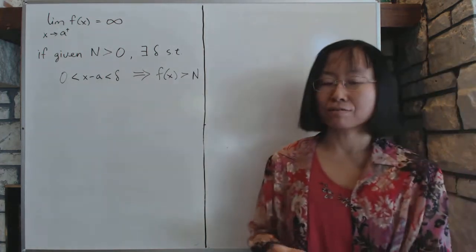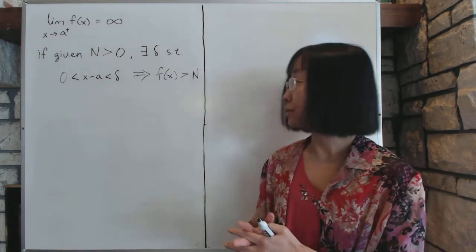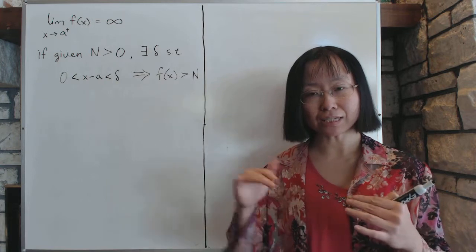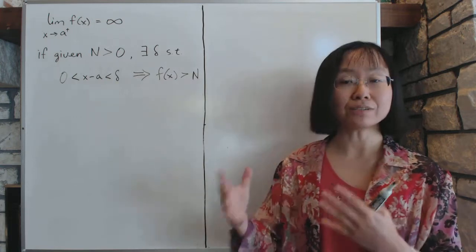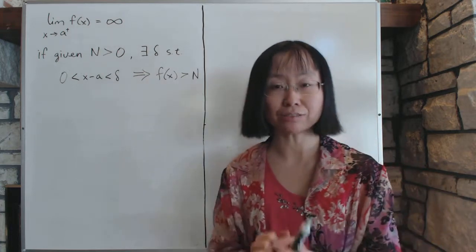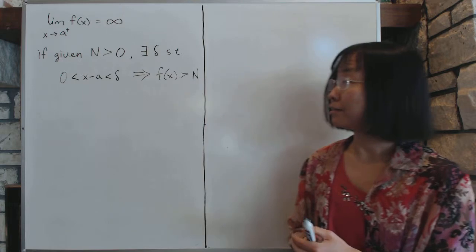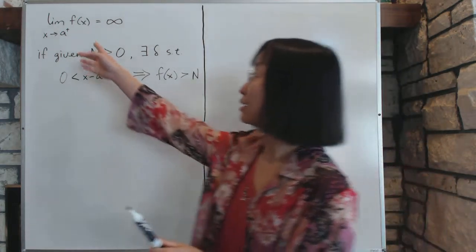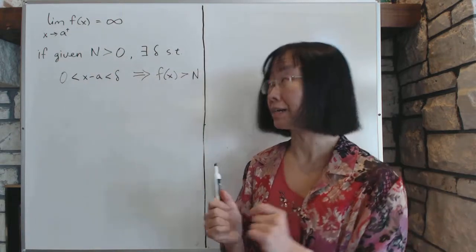In any case, when we approach one-sided limits, sometimes we have to consider a case where the function f is not reaching any value because it's climbing higher and higher to infinity, or dropping lower and lower to negative infinity. In that case, we write the limit of f as x approaches a from one side. The plus means from the positive side, and the minus means from the negative side.